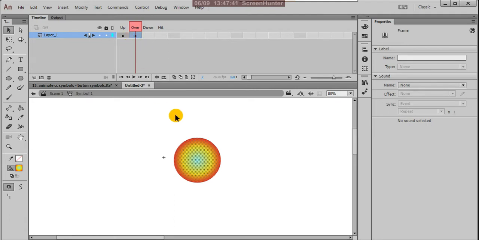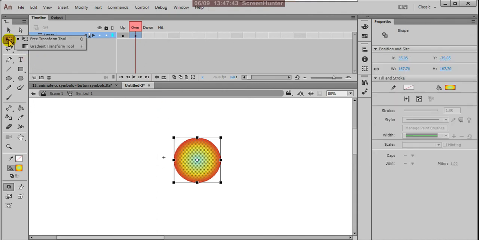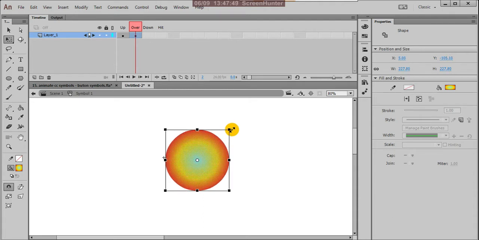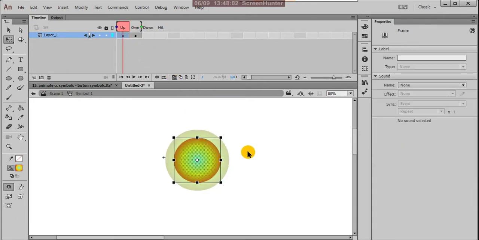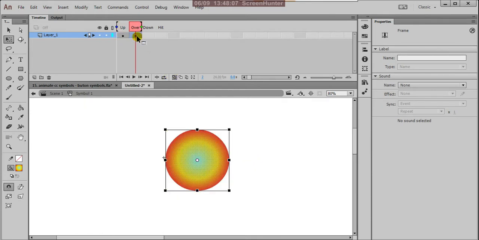With the transform tool I'll enlarge this size, but I have to find the size relative to the up, so we can use onion skin. Now this is up and the second one is the over state.